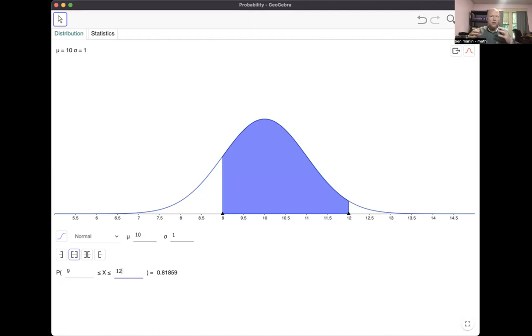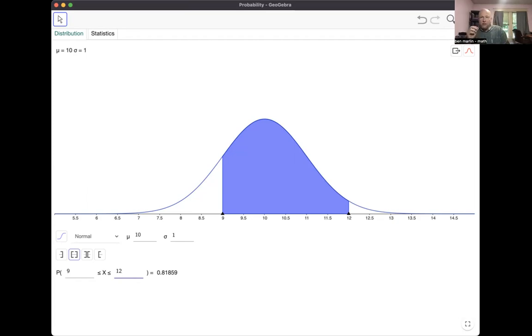The total area under this curve is going to turn out to be 1. If you went all the way out forever to the left and right, you would get an area of 1. So probabilities are always going to be numbers between 0 and 1. You can never have a negative probability. You can never have a probability that's more than 1. Okay. If you get those numbers from a calculation, you did the calculation wrong. Okay.